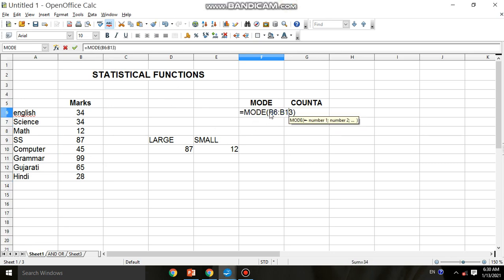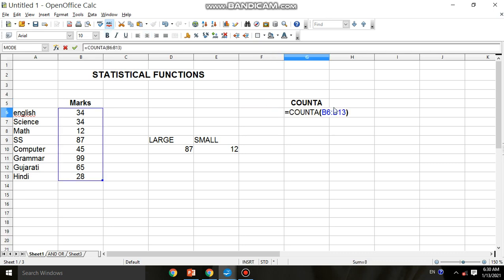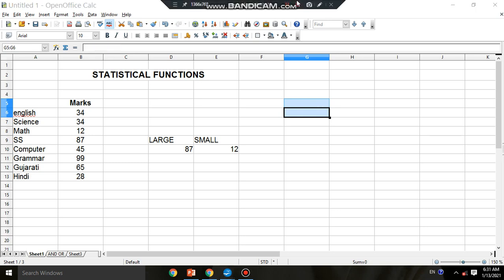Now in the case of the mode function, it will give 34 because 34 is occurring many times. Then we have the counta function. As we have described, the counta function will return from the selected range which cells have numbers or anything written. So now if I delete 2 values out of the given range, the counta function shows only 6. So that was the counta function.